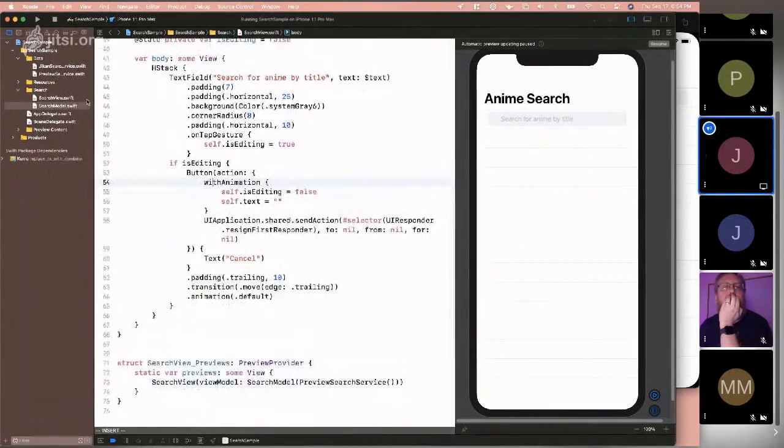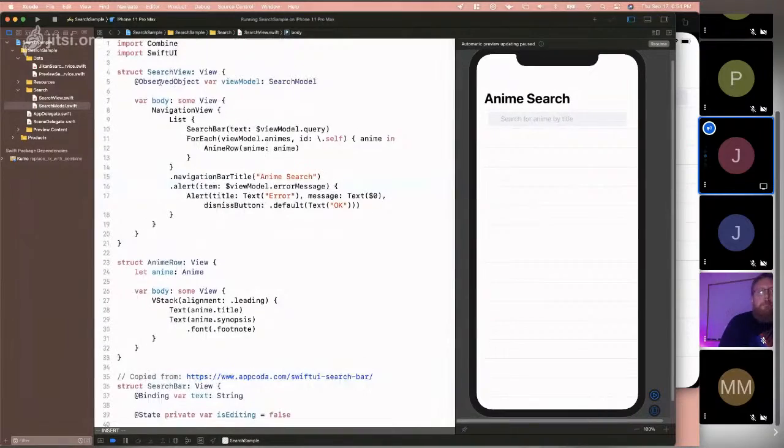All right, gonna jump into the model here, which I kind of glossed over earlier. So the search model is an observed object for the search view, which means the search view gets instantiated with one of these. And anytime any specific properties, and I'll go into which ones, on the search model object change,